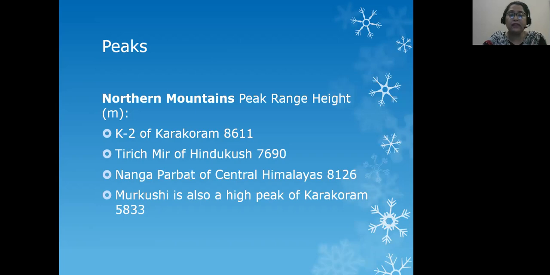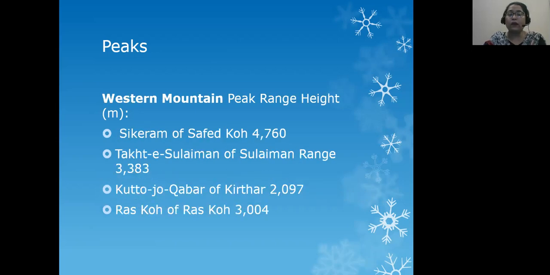Nanga Parbat is the highest peak of Central Himalayas, 8,126 meters. So these are the highest peaks of northern and northwestern mountains. Along with that, Mur Kushi is also a very high mountain, 5,833 meters.